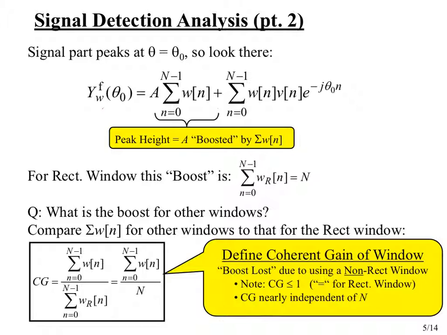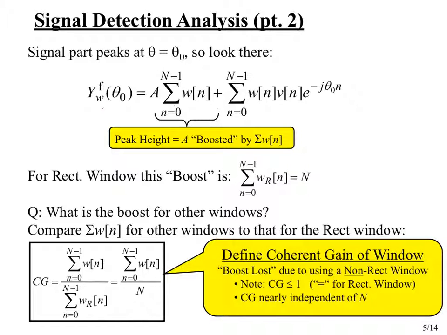We'll see that the signal peak is going up faster than the noise floor is going up. Collecting more signal data will help us. That's always got to be a good thing, right? But we'll be able to see precisely how good it is and why it's good and what the